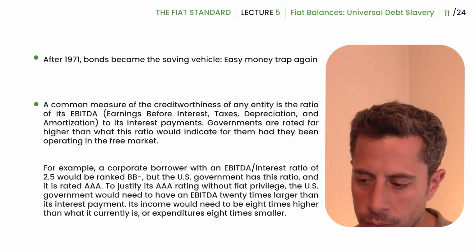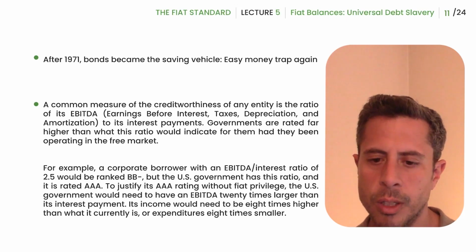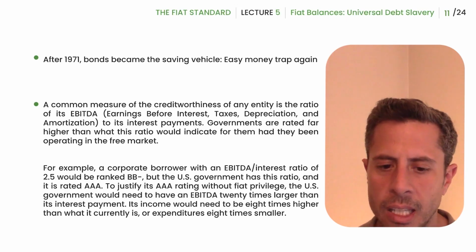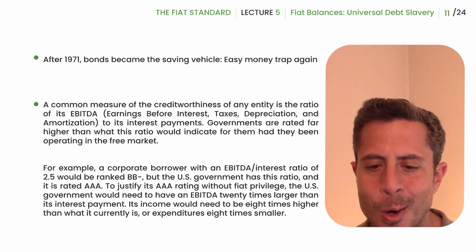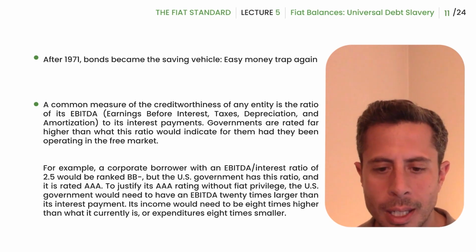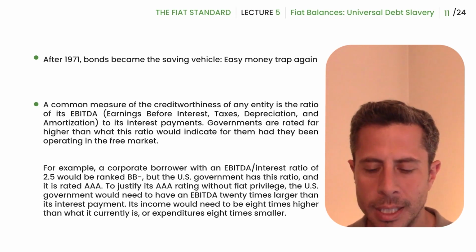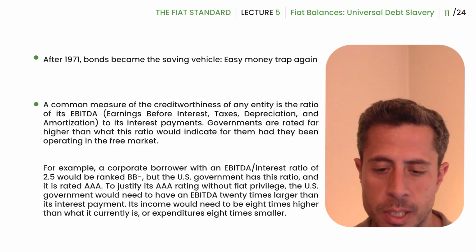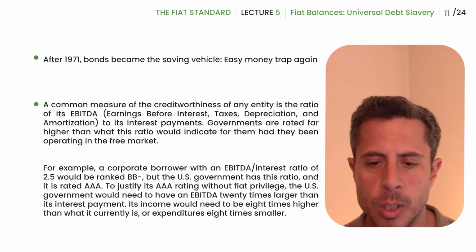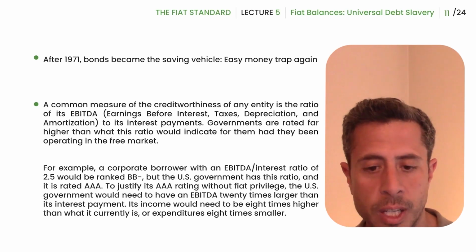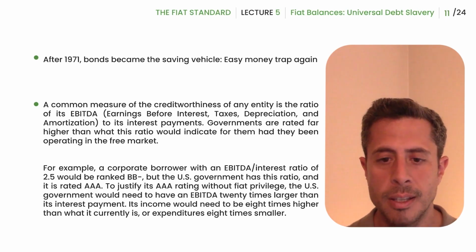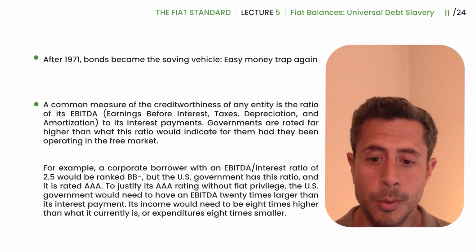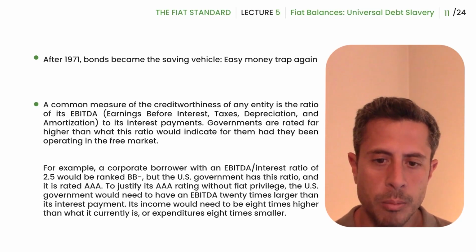So the current fiscal state of the US would be justified on the free market without the printing money if the US could manage to spend an eighth of what it is spending, or if it could manage to earn 8 times what it is spending. As it stands, the US is basically junk bonds. The US's fiscal position is junk bond. It's only because they can pay you in inflationary fiat credit that they make themselves that you think of it as AAA, but the joke's on you because you're the one who's getting paid in depreciating money.